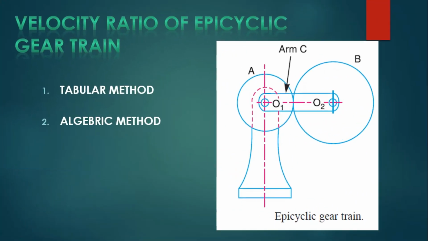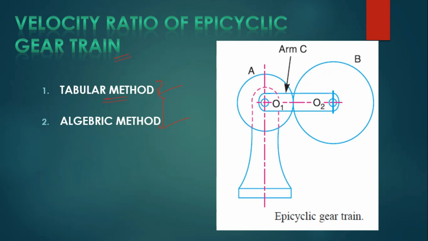So, today we are going to discuss the velocity ratio of epicyclic gear train. We can solve this velocity ratio of epicyclic gear train by two methods. One is the tabular method, another one is the algebraic method. The tabular method is very easy to calculate the velocity ratio of epicyclic gear train, and we already discussed